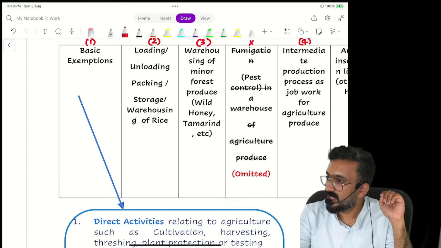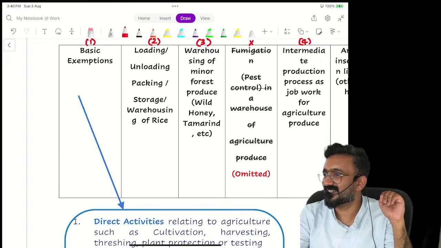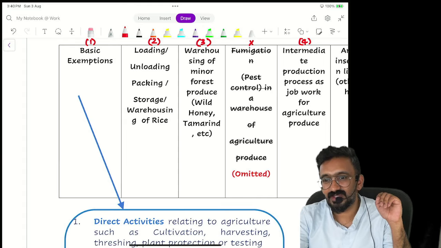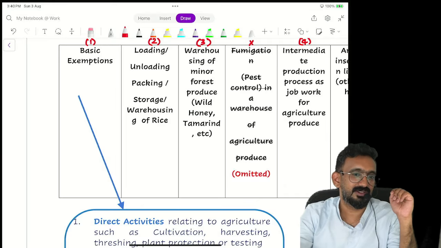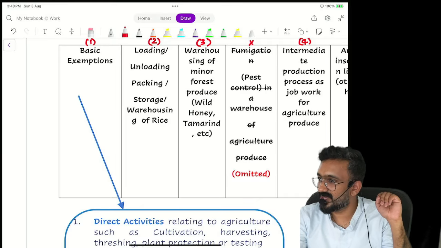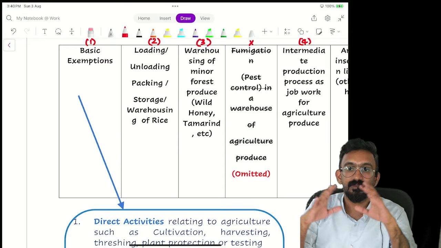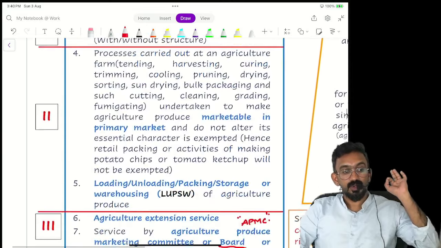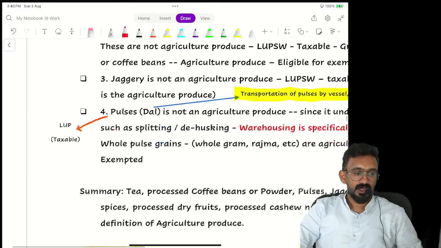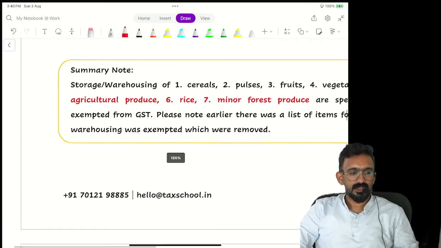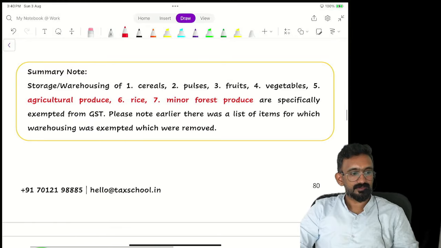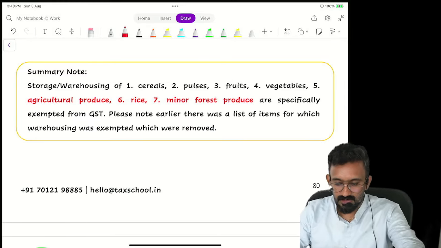The question is, the main activity there is not cultivation. There is no cultivation, it's procurement. You have to store it. Are storage charges on minor forest produce taxable or exempt? Exempt. Now we can consolidate storage. This is something I want you to remember for your exam. How many storage services are exempt? They have asked questions multiple times. Consolidation.